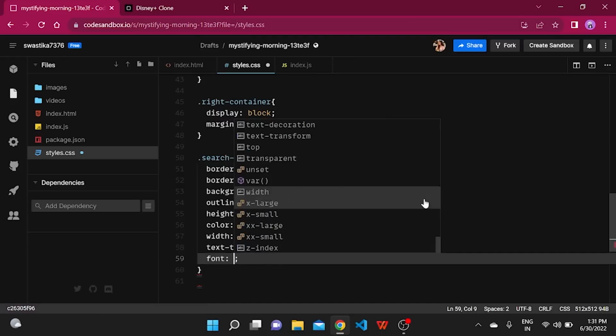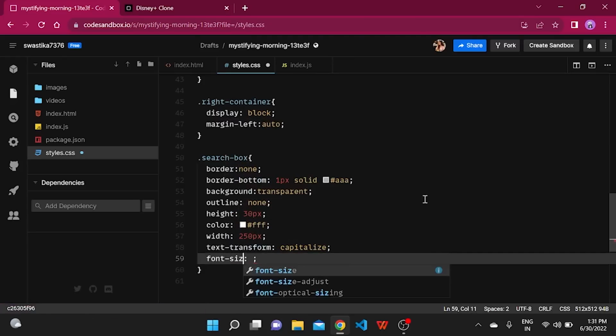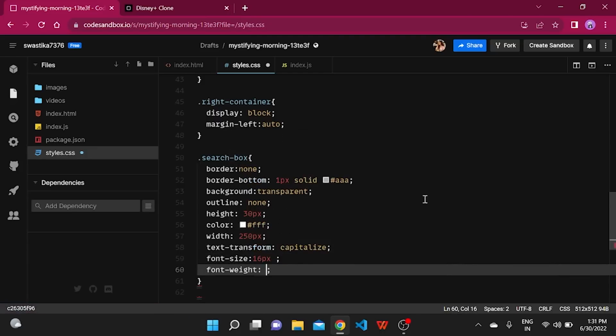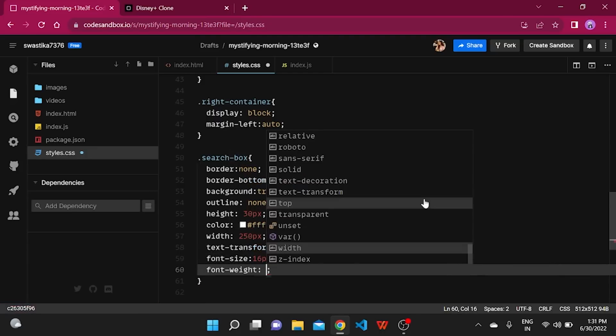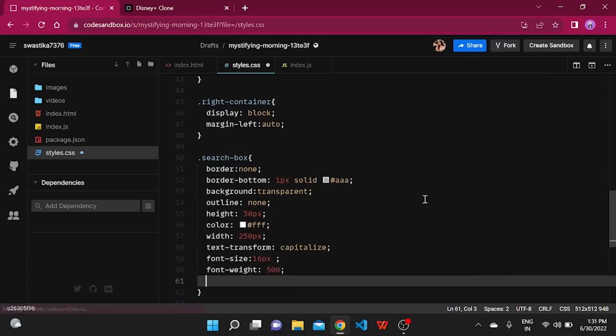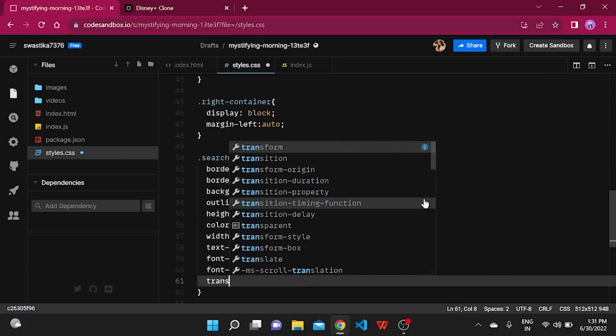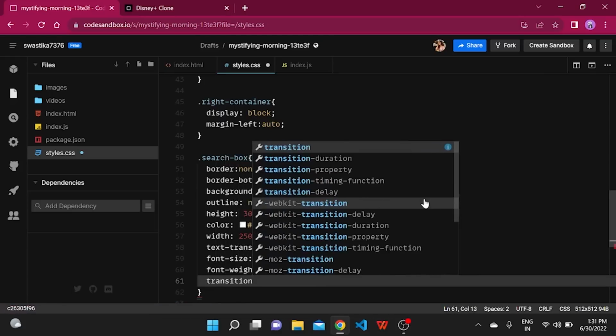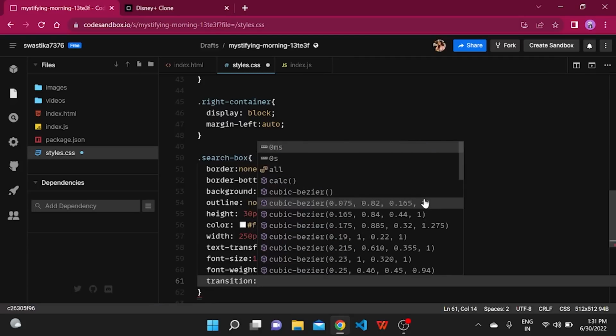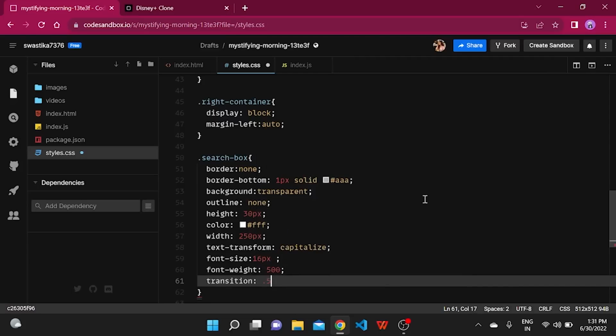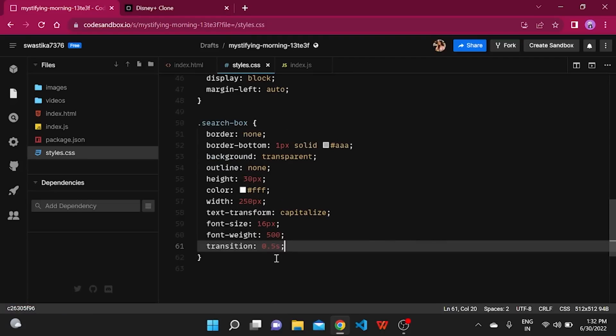The font size and the font weight. Font size will be 16 pixels and the font weight will be of 500. After that, we need a transition here so that whenever we click on that, we have a transition working. And we need that transition to be working in, let's say, 0.5 seconds. So we have